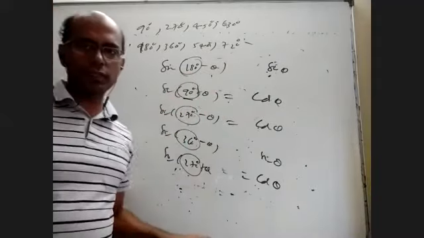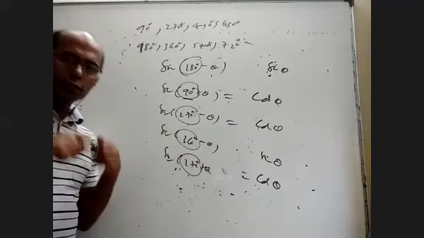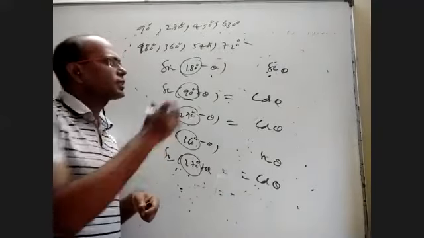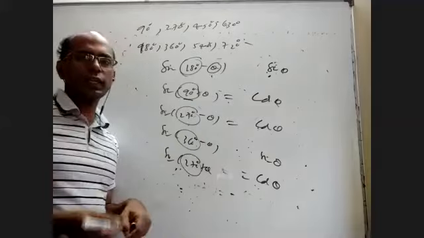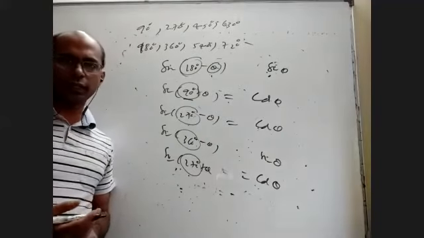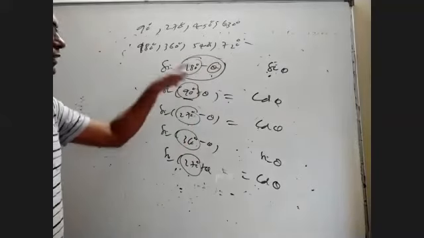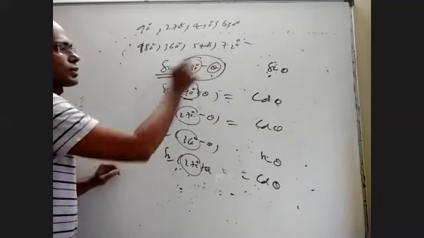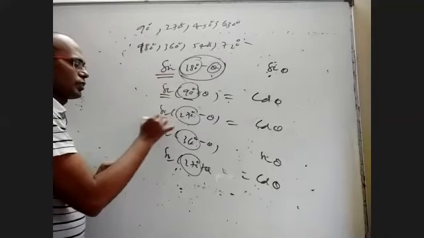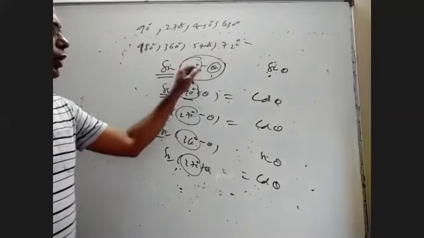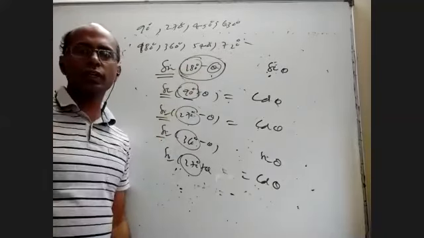Plus or minus, how to decide on that? In your mind, imagine theta is a very small positive angle, like 1 degree, 2 degree, 3 degree, something like that. See which quadrant this belongs to. In that quadrant, see the sign of the original function, not the changed one. That sign you write. Take 180 minus theta, where theta is 1 degree or 2 degree.